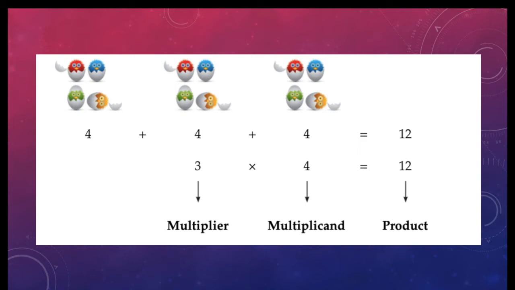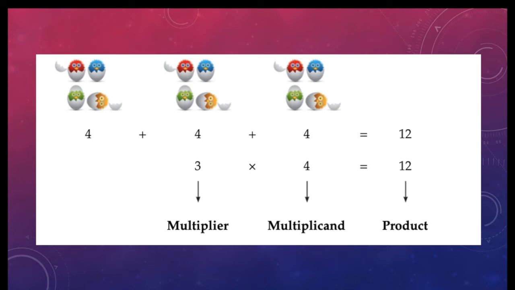We have 3 groups. So, in multiplication it is said that multiplier into multiplicand is called product. It is number of groups into number of items in a group is equal to the product, that is the answer of multiplication. So, multiplier into multiplicand is equal to product, which is number of groups into number of items in the group, which in return we get the product, that is the answer. Here we have 3 groups and in each group we have 4 chicks. So 3 fours are 12.